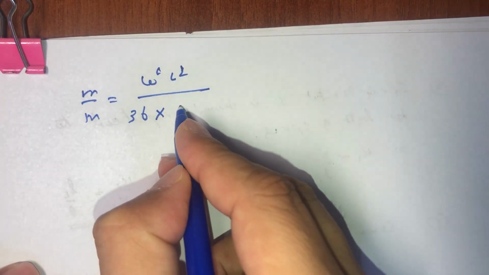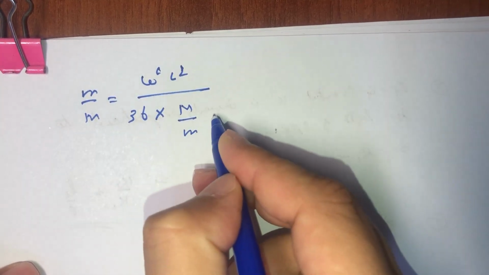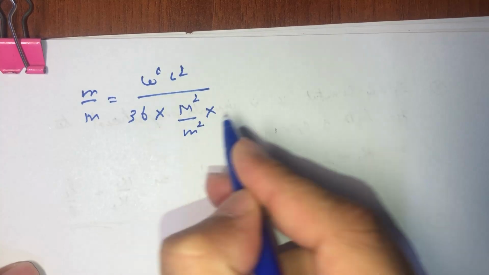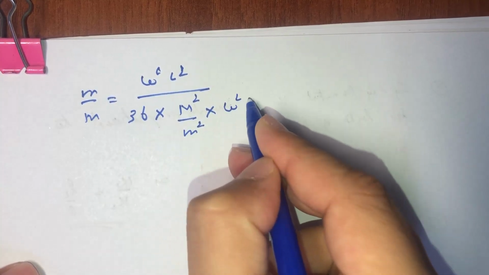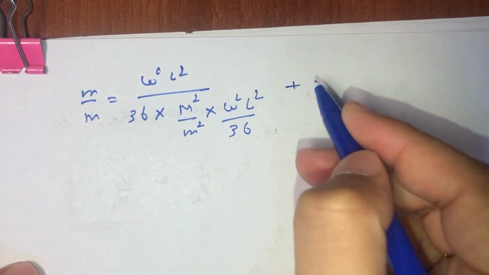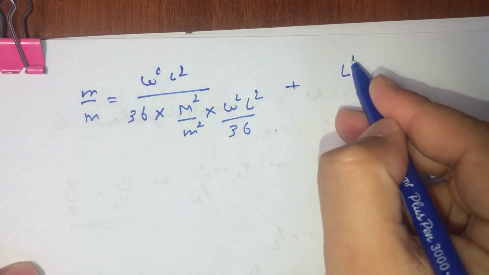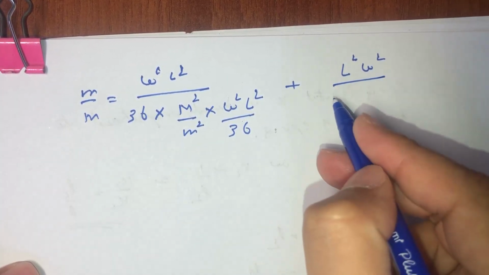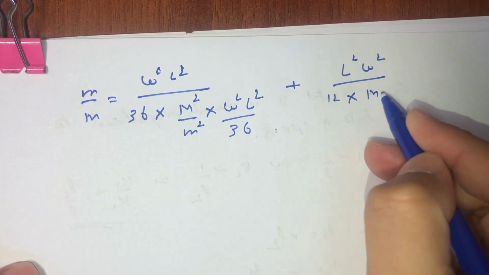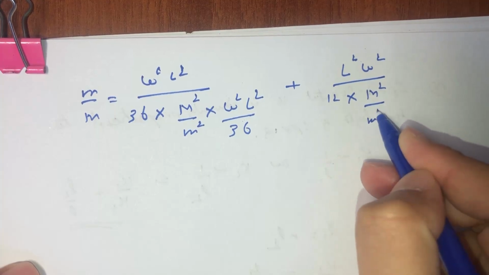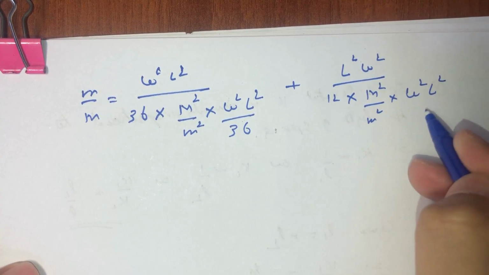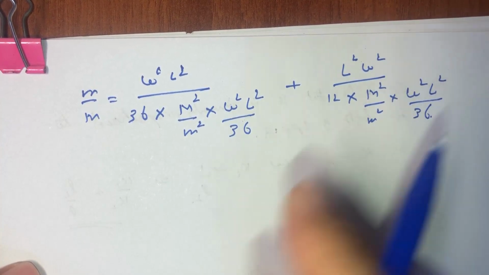V naught square was our M upon small m multiplied by, and this also is square. So this also becomes omega square L square divided by 36 plus L square omega square divided by 12 multiplied by V naught square, and that is equal to M square small m square multiplied by omega square L square, and we have here 36,